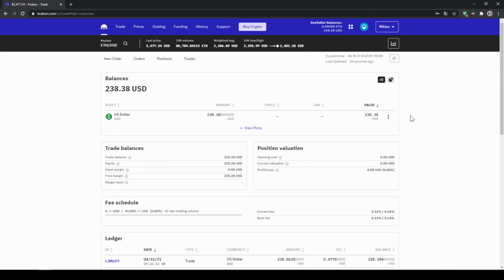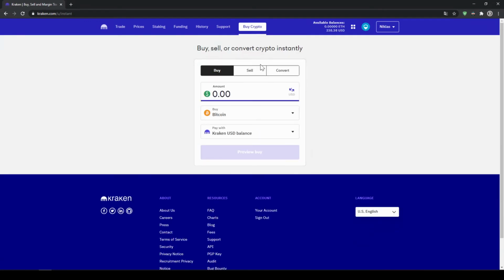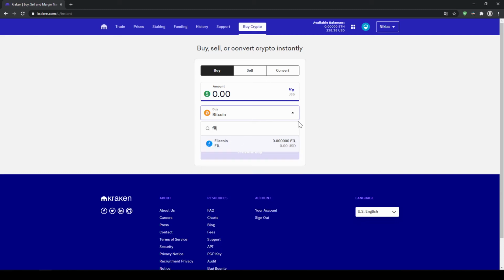Alright, so I've made the transfer, and as you can see, a bit over $200 has been credited to my account. In our last step, we can now buy the cryptocurrency. To do that, we will just click on Buy Crypto right here at the top. Then we can select our coin right here in the middle, so I'll click on here and type in Filecoin